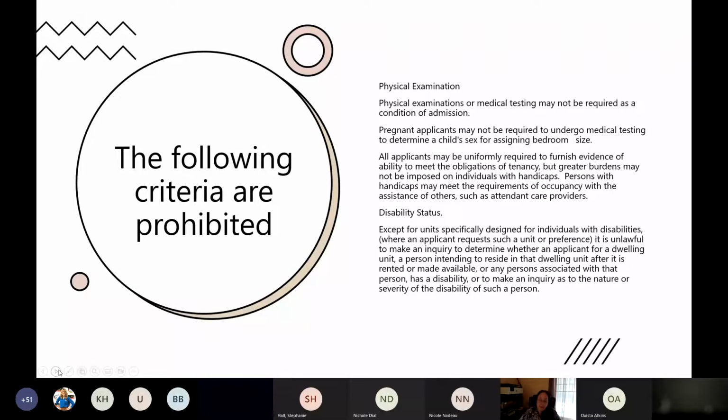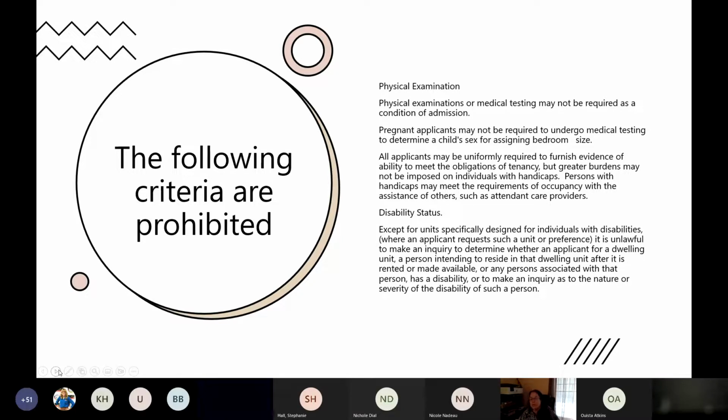There is criteria which is prohibited. You can't make them take a physical examination. Examination or medical testing may not be required as a condition of admission. Pregnant applicants may not be required to undergo medical testing to determine a child's sex for assigning a bedroom size. All applicants may be